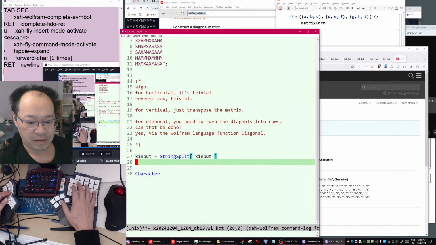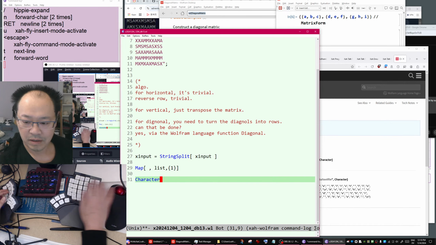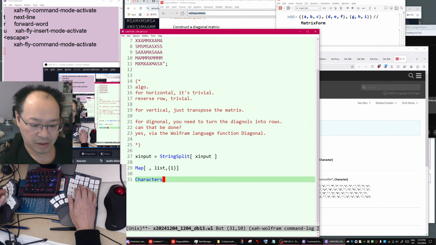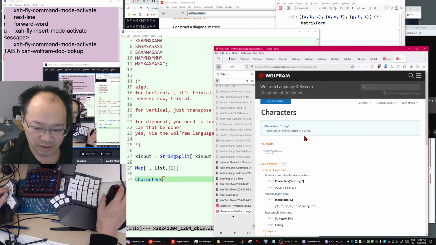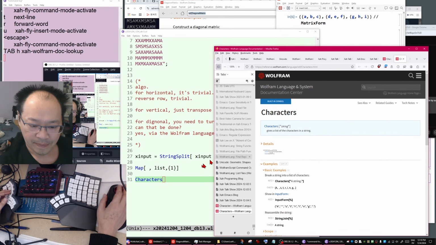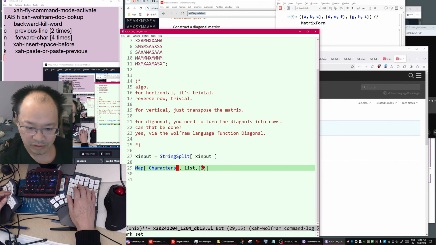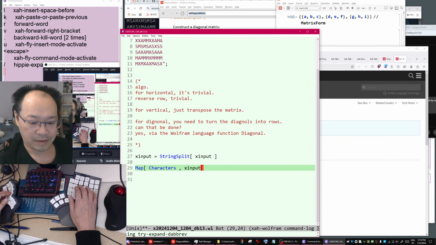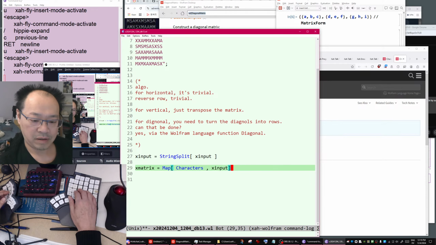Then you want to map Characters, which turns a string into each of its characters and returns a list. So you map Characters to that, then you got a matrix.